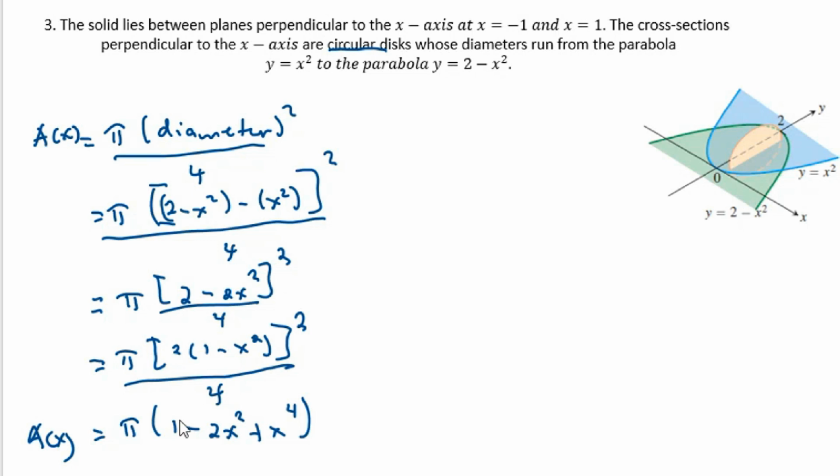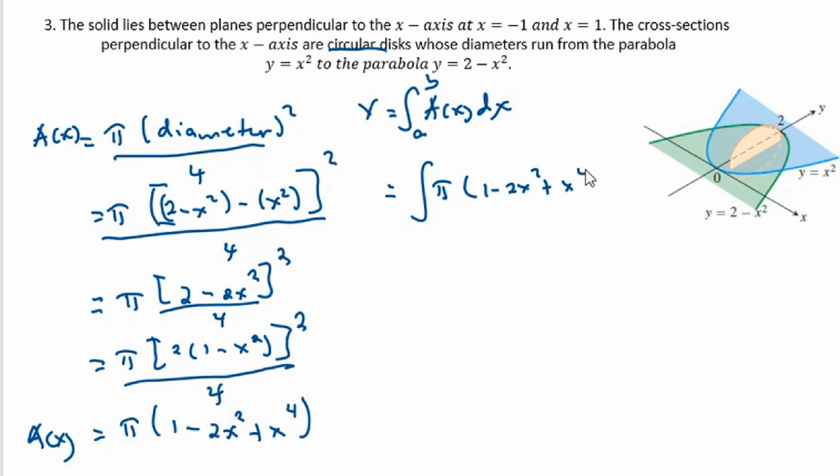Now, after knowing the A of x, or the area of the cross sections, now we can solve for the volume. So we have volume is equal to, our formula is, the integral of A of x dx from a to b. To know the value of the limits, it's part of the given. So therefore, we know that a equals -1 and b is equal to 1. So by substitution, we have now A of x, which is pi times 1 minus 2x squared plus x raised to 4 dx,